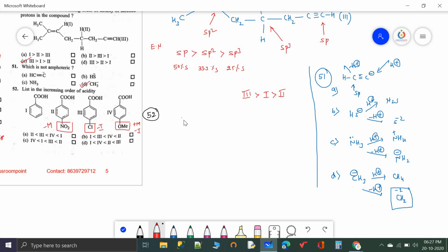So first I will write the decreasing order. So 2 is a stronger acid than this one, 3, which is a stronger acid than this compound. Why? Because here it releases electrons. Here no such groups are there, so it is a plain carboxylic acid. Then the last one is 4th. So this is the actual decreasing order. We need to write it in the increasing order, so take the opposite. 4 less than 1 less than 3 less than 2. This is the order. So option 4132, option C is correct.